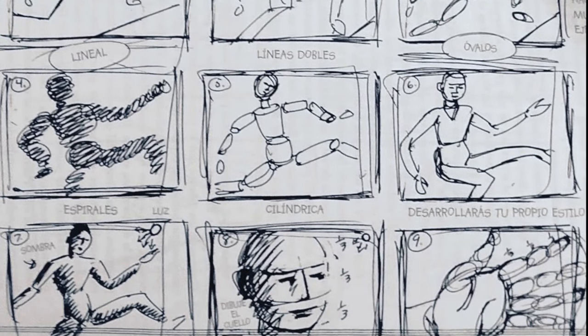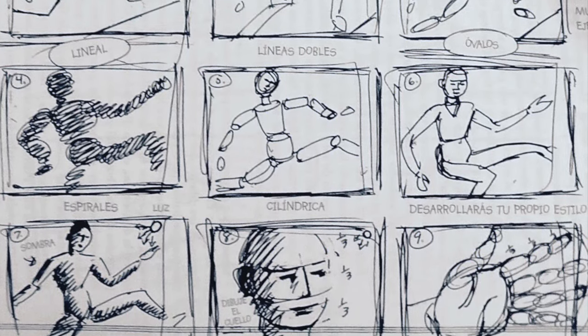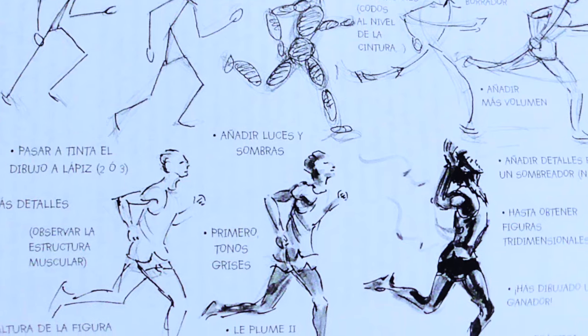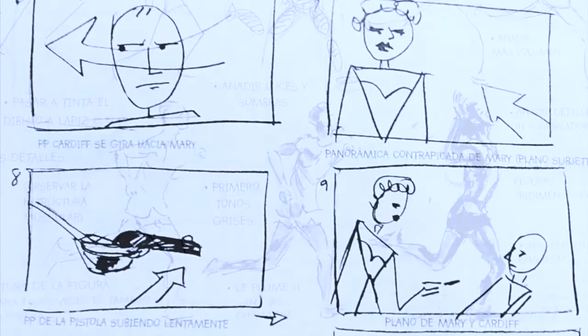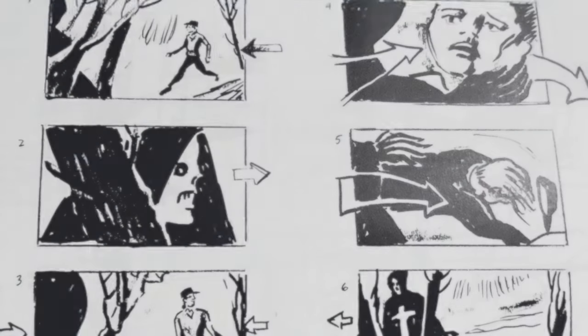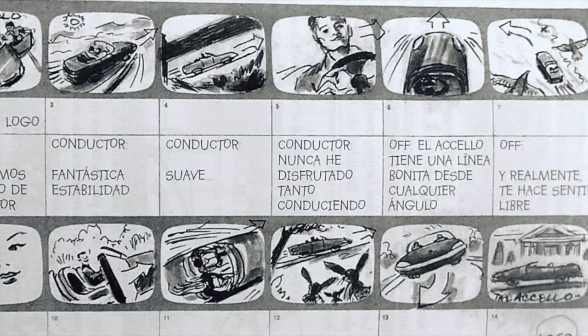Here is a board. You can come back to this. It shows you how to go from stick figures to full figures, remembering the principle of thirds. Here's another example. You can come back to this again and again. Stick figures again. The simple storyboards can be very simply drawn as here.